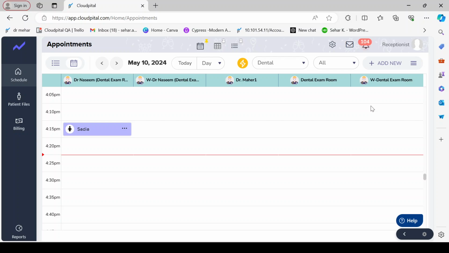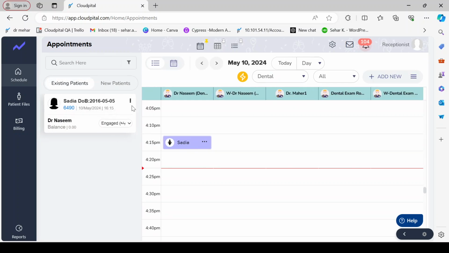Okay, so yes, guys, after adding the data in the Doppler screen, the next role is the receptionist role. The receptionist and the accountant will be creating an invoice against the data that was added in the clinical note screen. So I'm going to the receptionist role and then generating the invoice against this patient. Just click on the three dots.